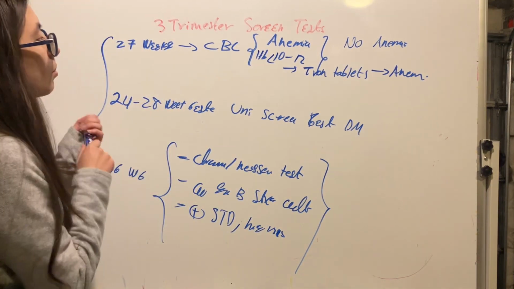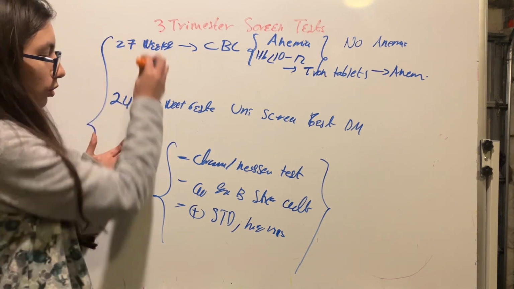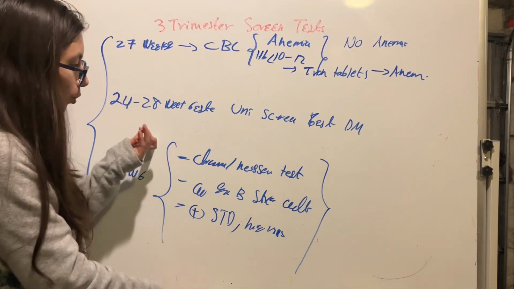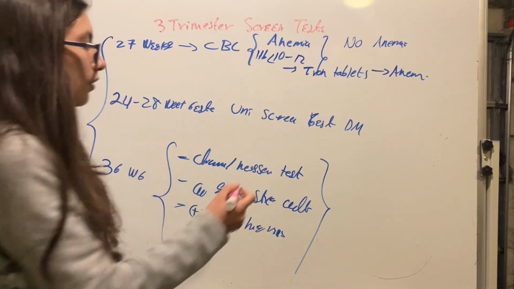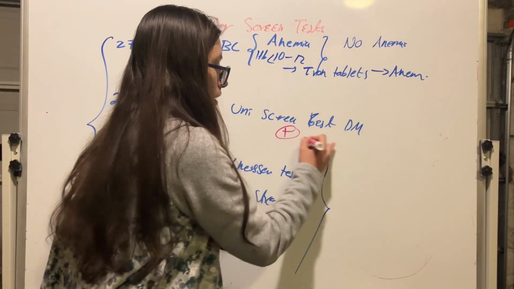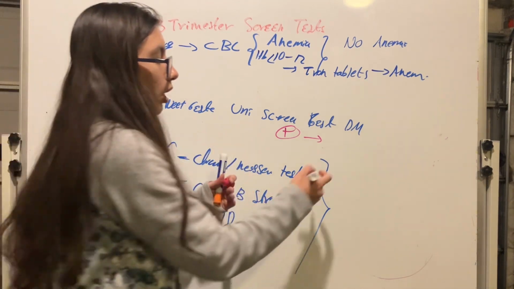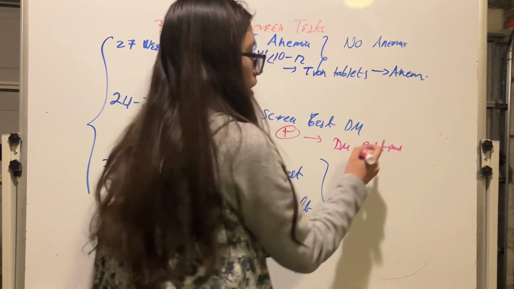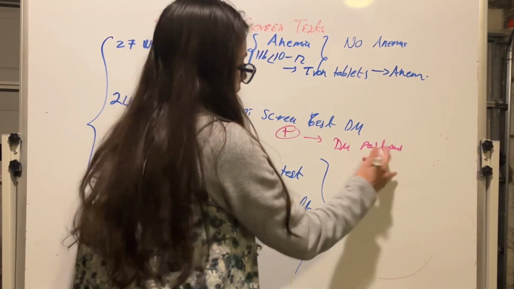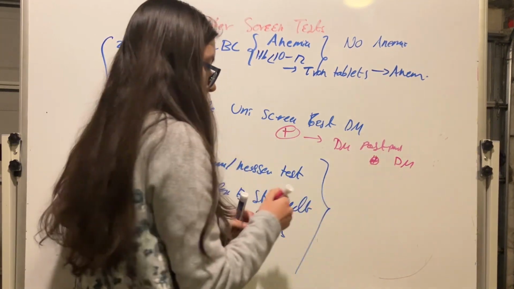So during the third trimester, we reevaluate for anemia with complete blood cell count during 27-week gestation. 24 to 28-week gestation is the universal screen test, but remember that if this is positive, then in the postpartum state, we need to reevaluate for diabetes mellitus during the postpartum, and if that is abnormal, then she is diagnosed with diabetes mellitus. But if it is normal,